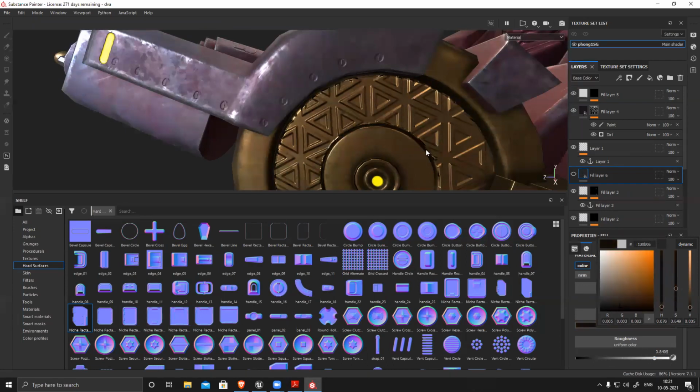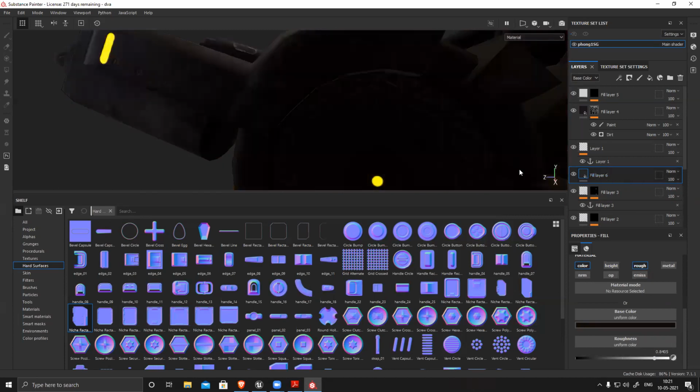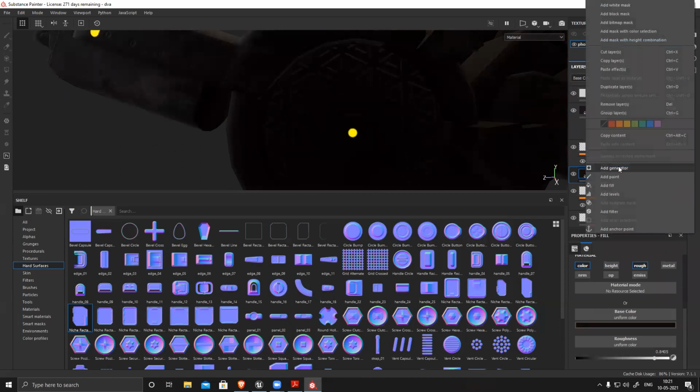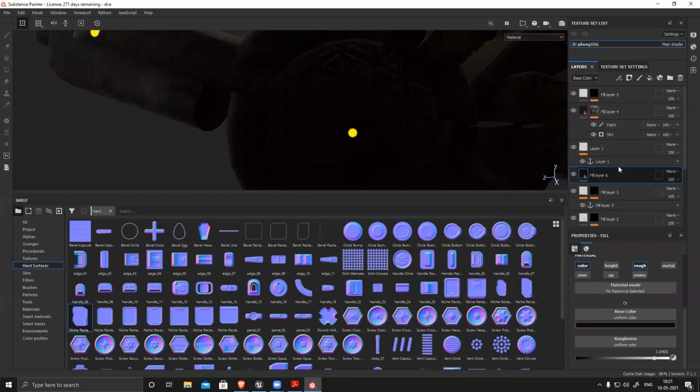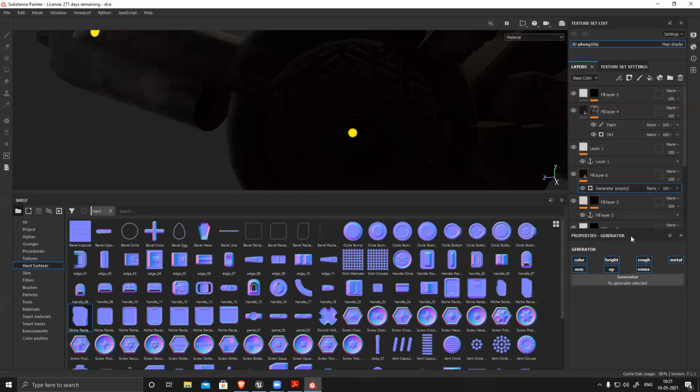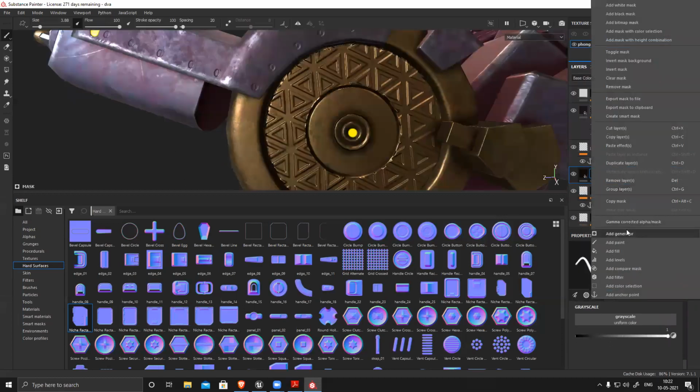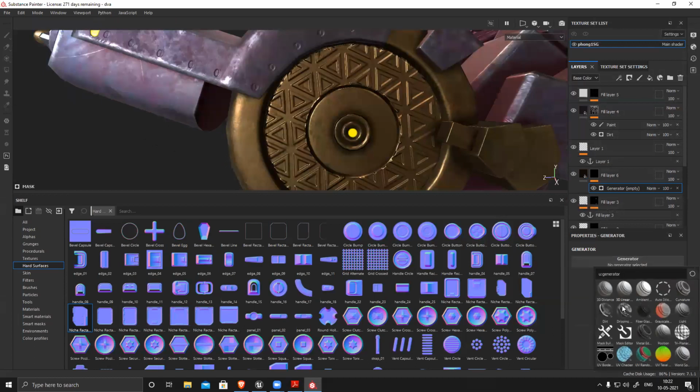I'll use this dark brownish color. I added this, and now right click. Sorry, my bad. Right click, add a mask, then add a generator, then add